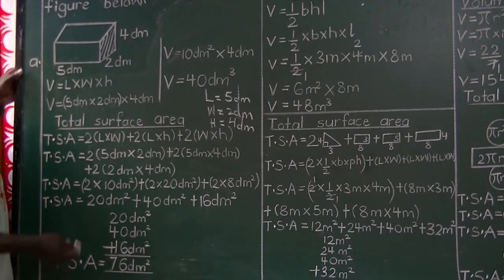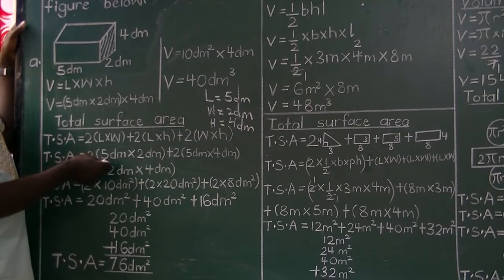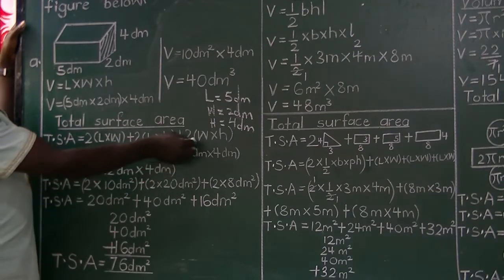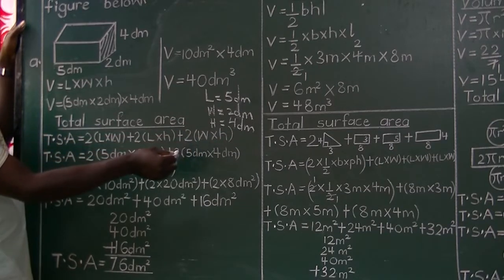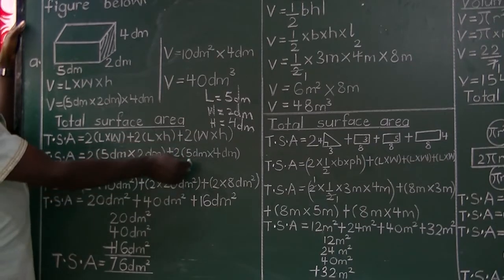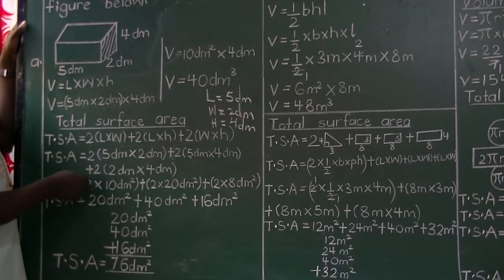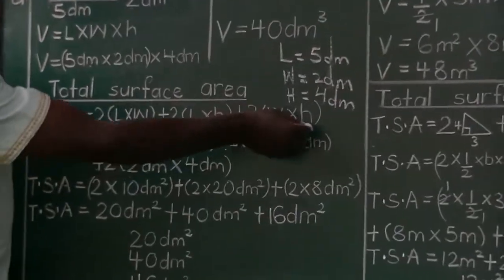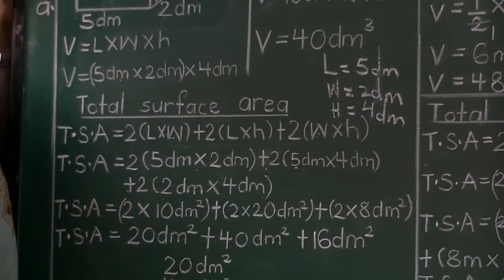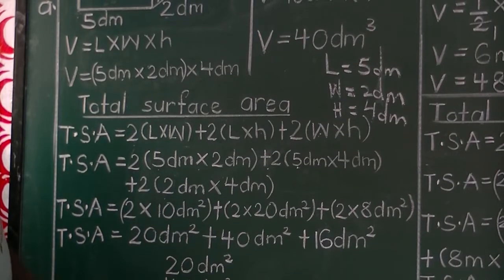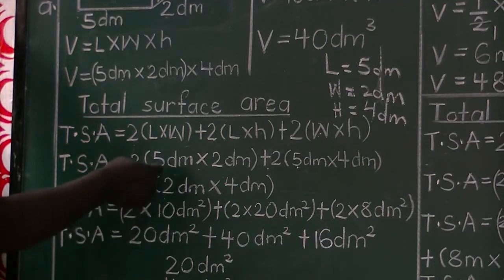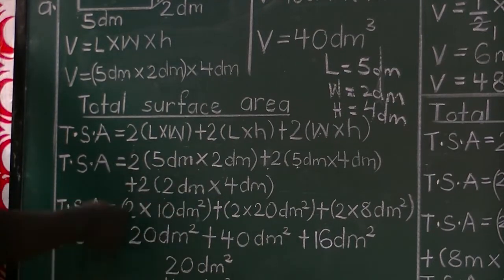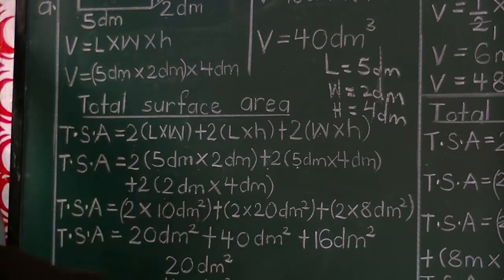Now, substitution. So we go 2 into 5 decimeters times 2 decimeters, plus 2 into length times height, that is 5 decimeters times 4 decimeters, then plus 2 into, the last one is width by height, that is 2 decimeters times 4 decimeters. In so doing, you have made your substitution easy. And now we go to the product. Now I've got 5 decimeters times 2 decimeters, we get 10 decimeters squared. So total surface area equals 2 times 10 decimeters squared plus